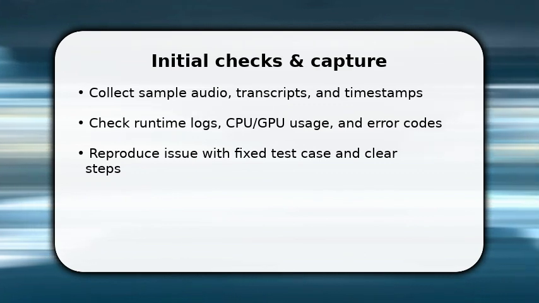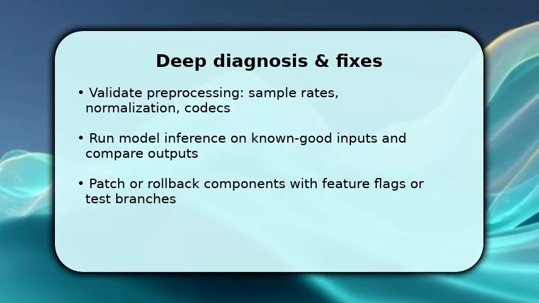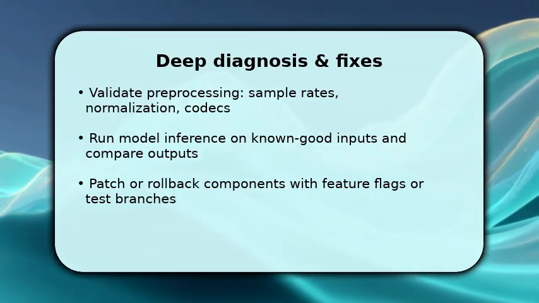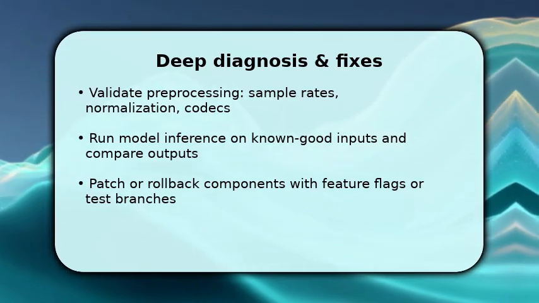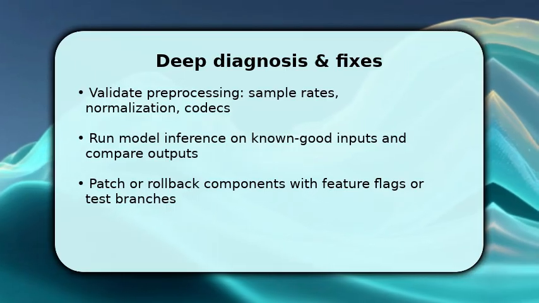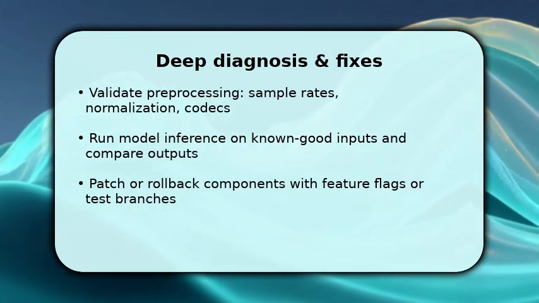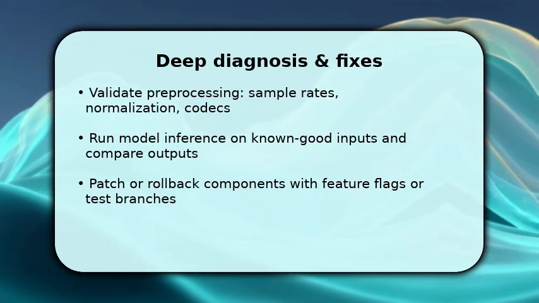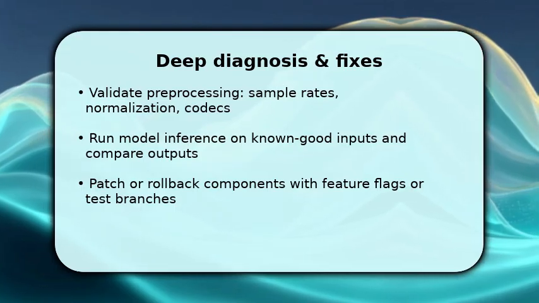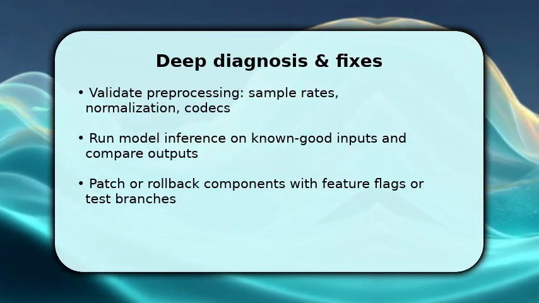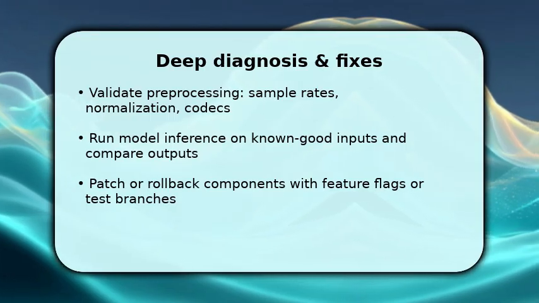failure. Next, validate preprocessing. Confirm sample rate, bit depth, normalization, and codec handling. Mismatched audio formatting often breaks voice AI. Then run the model on curated, known good inputs and compare logits, attention maps, or confidence scores to find where behavior diverges. Once identified, apply targeted fixes: tweak normalization, update tokenization, or adjust thresholding, and deploy them behind a feature